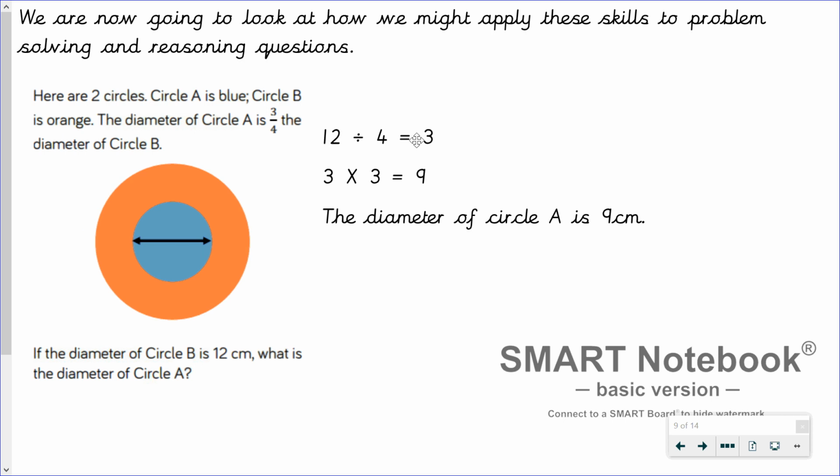So 12 divided by 4 is 3, that gives me 1/4. I want 3/4 for the diameter of circle A, so 3 times 3 is 9, meaning the diameter here of circle A is 9 centimeters. So we're using what we know of circles, we're using what we know of mathematical fractions and things to answer